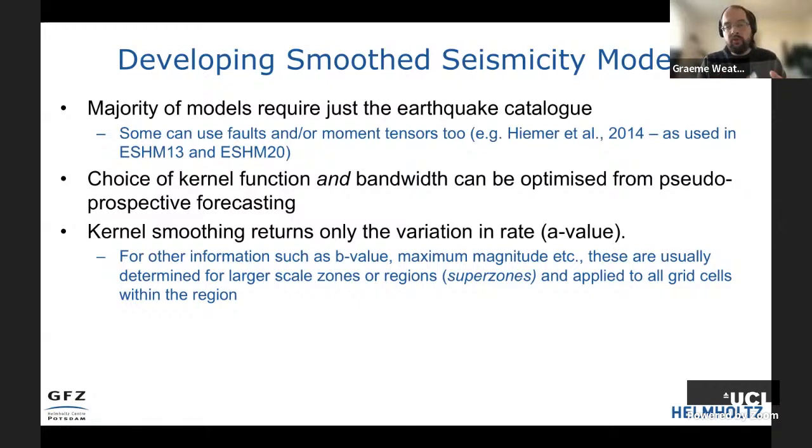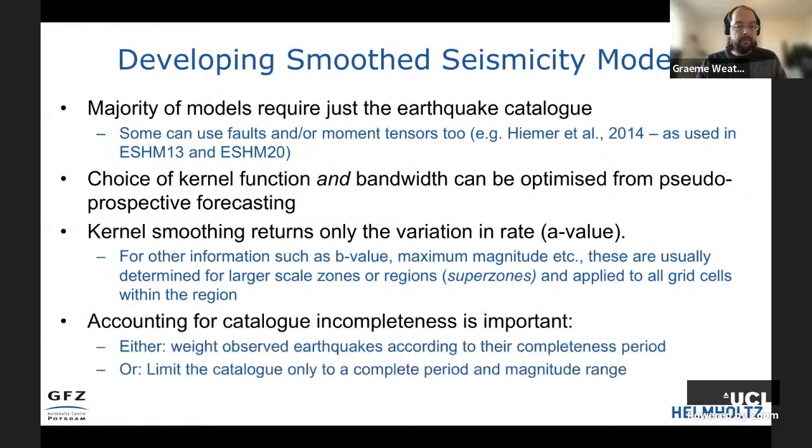Kernel smoothing is only really returning the first of these, just the variation in activity rate, which means to describe the full magnitude frequency distribution, we need other information such as b-value, maximum magnitude, or other sorts of focal mechanism parameters. These are usually determined from larger scale zones or regions or super zones and applied to all the cells within each region. One of the big problems we have often in practice is that accounting for the catalog